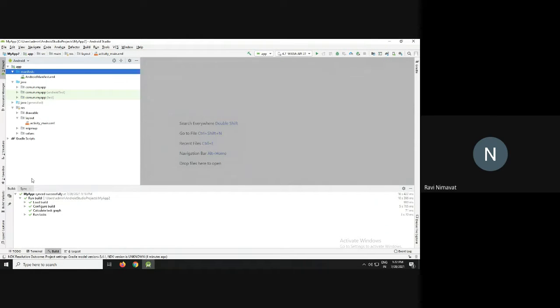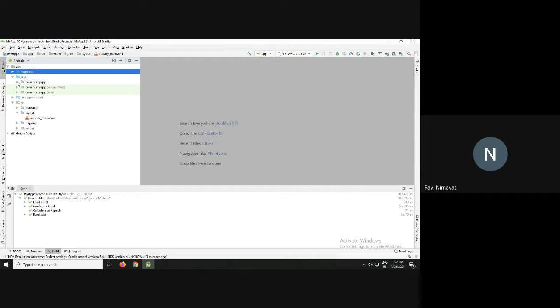So student, Android manifest.xml file. What's the use of that file? The content of this file is all the settings and configuration of our project or application. I think already we have discussed it. Ready? So it is a configuration file, and we enable or disable all the settings in Android manifest.xml file. Then student, next folder is the Java folder.